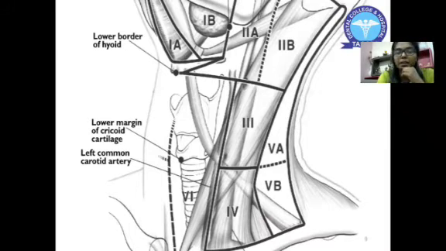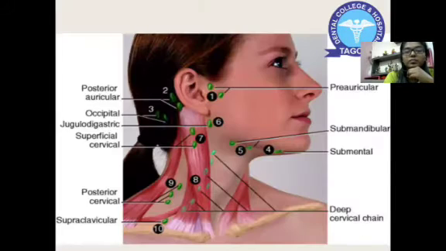And then this image depicts the levels of lymph nodes from level 1 to 6 distributed in the head and neck region. And here some of the important lymph nodes are seen. One is the supraclavicular lymph nodes. It originates in the supraclavicular triangle and it drains into the axillary region, thorax, abdomen, and pelvis.